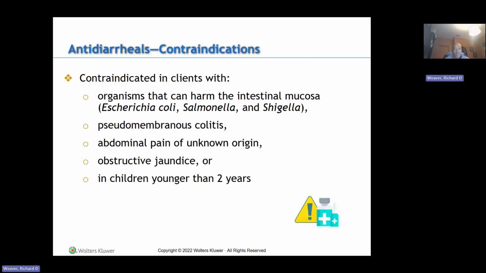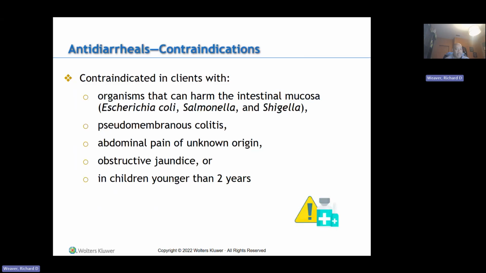In terms of contraindications, these drugs are contraindicated in patients whose diarrhea is associated with an organism that can harm the intestinal mucosa, such as E. coli, Salmonella, and also Shigella, and whatnot. Patients with pseudomembranous colitis, that's the condition that is associated with C. diff. Also, abdominal pain of some unknown origin, or obstructive jaundice, where one of the ductal systems leading from the